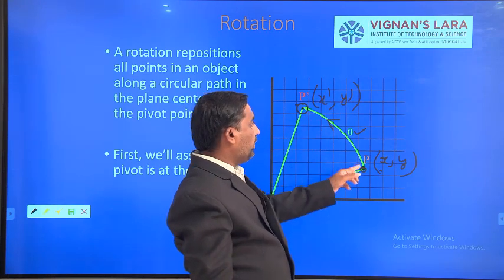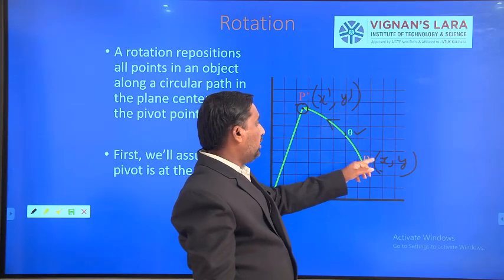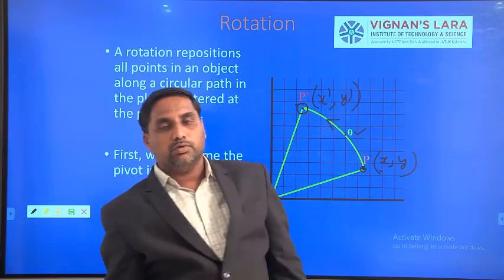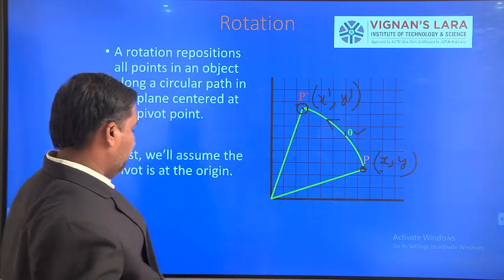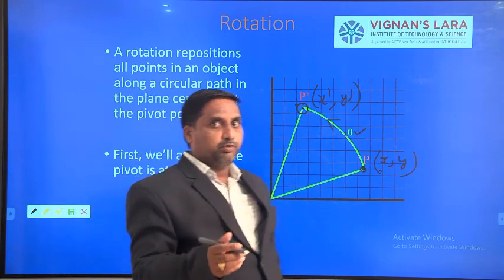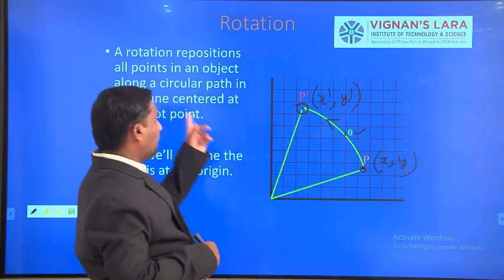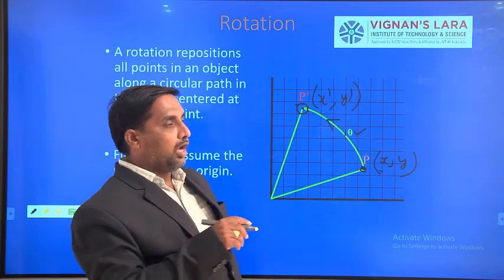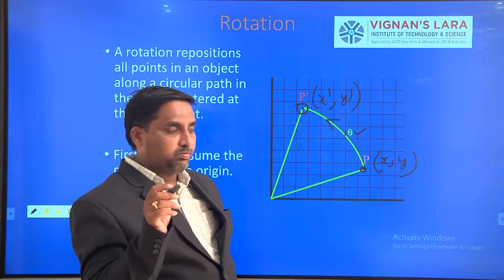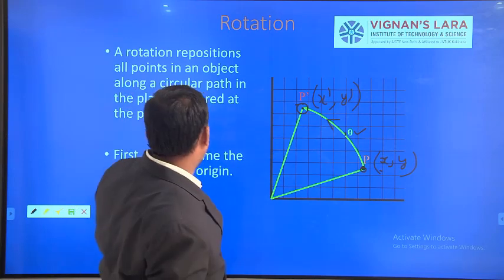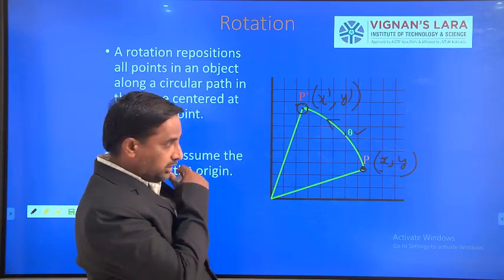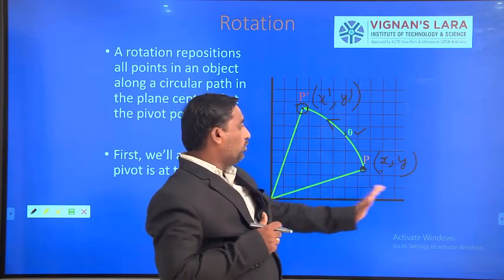The final position P dash is nothing but x dash, y dash. We have to express x dash and y dash in terms of theta and x, y. So that we have to derive. The translation matrix is Tx, Ty in one column matrix. Don't forget, all these are 2D transformations, that is, every point in the coordinate system is explained by using x and y coordinates only. For this rotation we require a derivation, and rotation also I have considered in a 2D coordinate system.